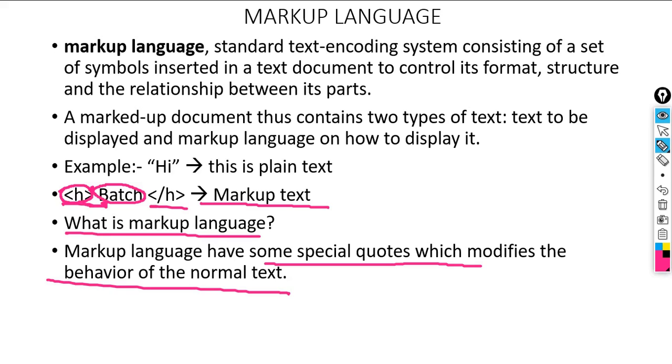Okay. Now here we have clarity about hypertext. Now let's understand what is markup language.